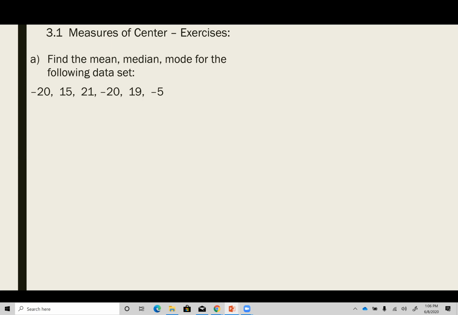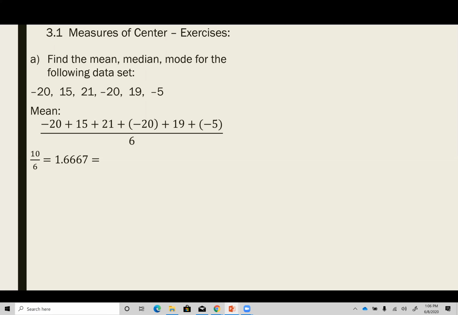You take each of your data and add them up and divide by the total number of data. In this case, -20 plus 15 plus 21, and so on and so forth, divided by the total number of data, which is 6. There are some positive, some negative, so you have 10 divided by 6, you have